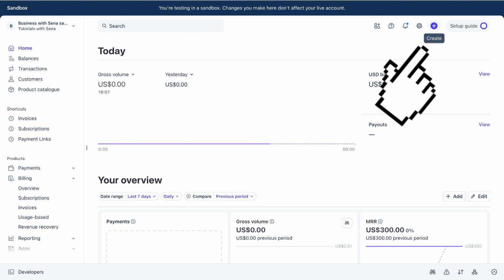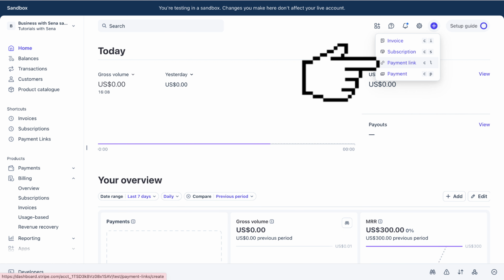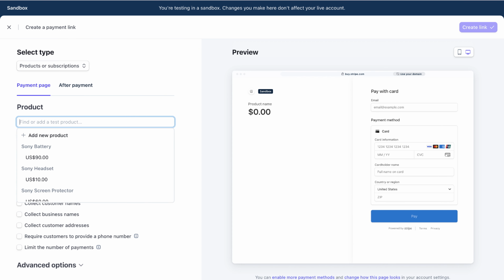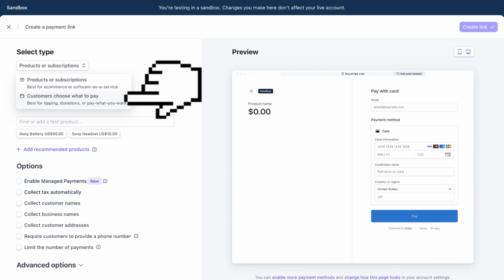Click on the plus icon at the top right of the screen. Then choose the payment link option below it. On this page, click on the product or subscription button and choose the second option where the customer chooses what